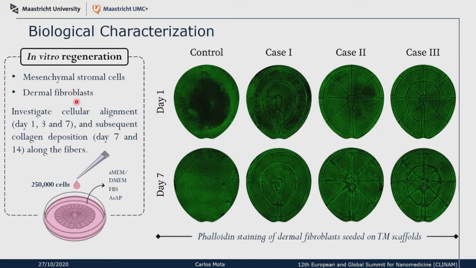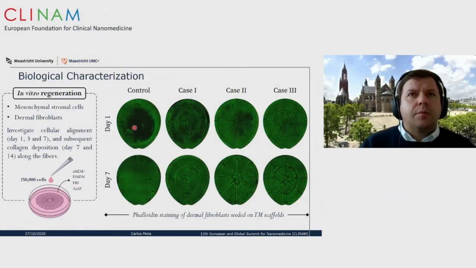But we use mesenchymal stromal cells that then we try to differentiate more towards fibroblastic type and also dermofibroblasts. And we see a very nice colonization of the full implants after 7 days. On the initial time points, then we have a bit of a less uniform dispersion of the cells, which will then impact the outcome in terms of collagen deposition, for instance.